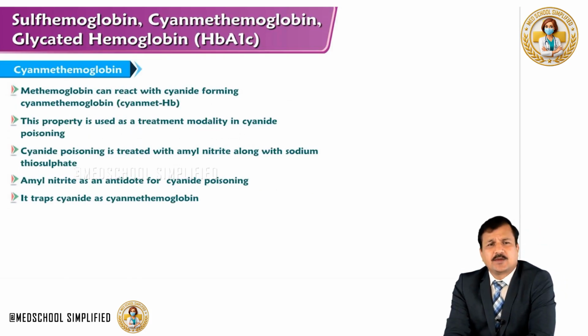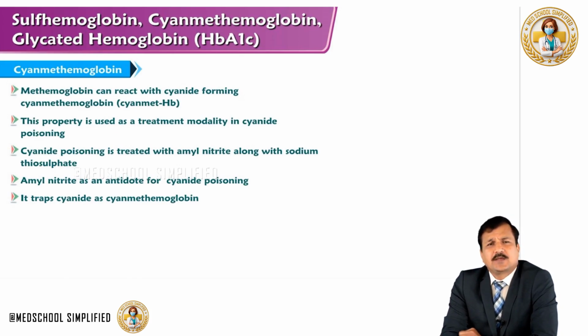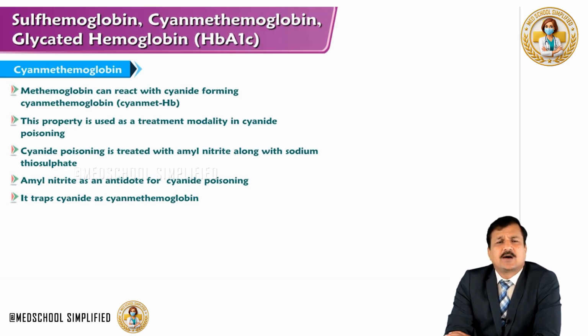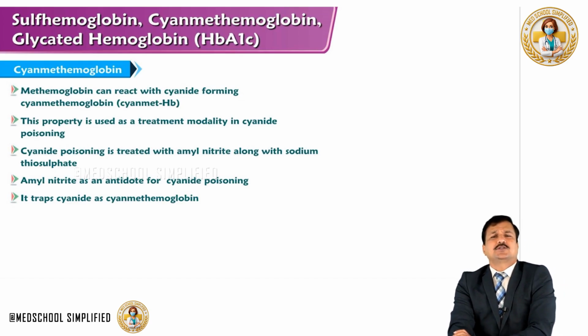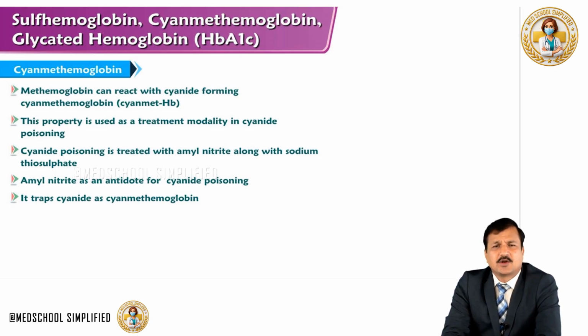Coming to cyanmethemoglobin. Whenever methemoglobin reacts with cyanide, it forms cyanmethemoglobin. Usually in cyanide toxicity, amyl nitrite is given as an antidote, and what amyl nitrite does is oxidize the ferrous iron in the heme of hemoglobin into ferric iron, thereby converting hemoglobin into